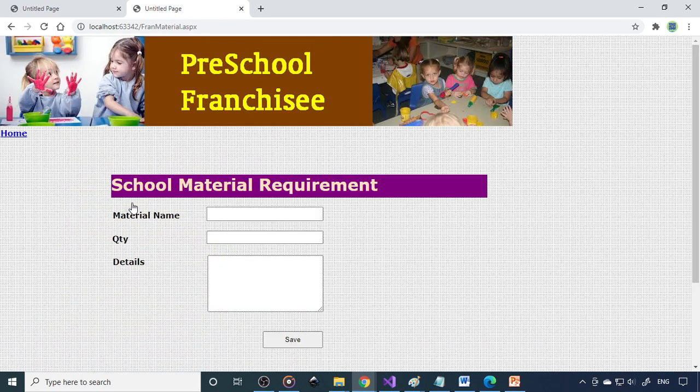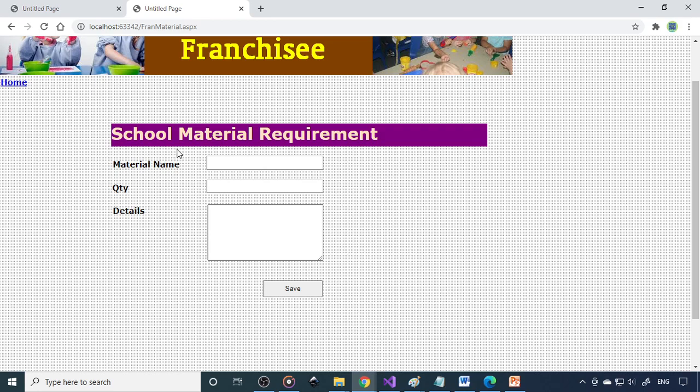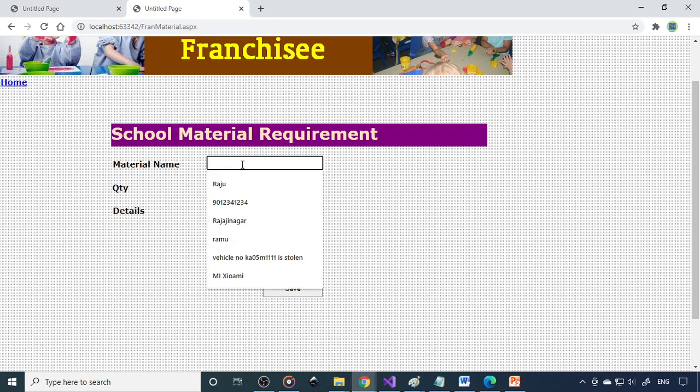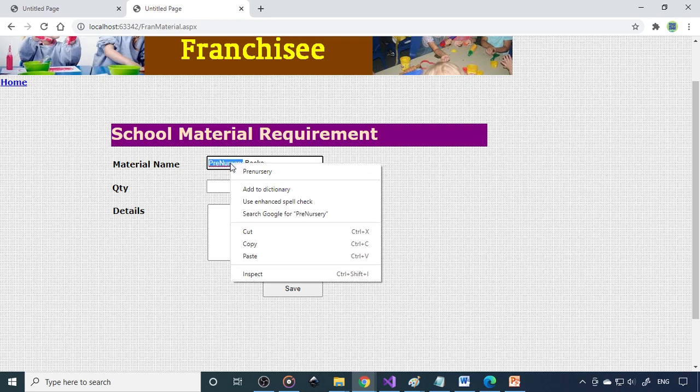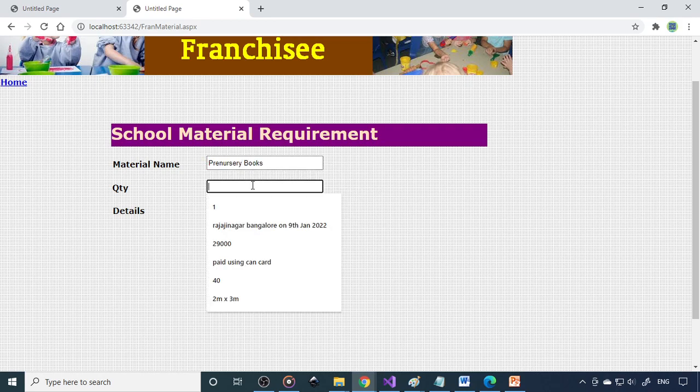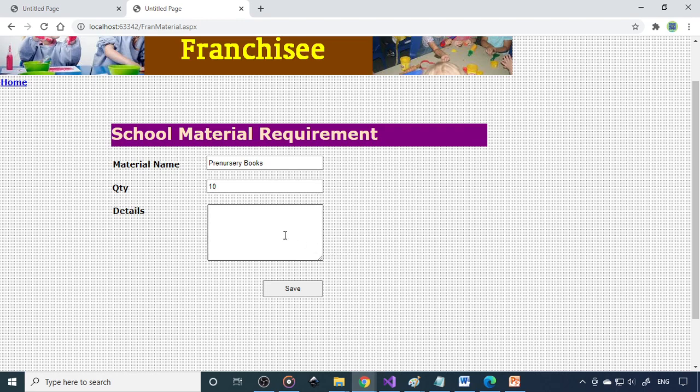Then request for a material. What materials are required, you need to send them a request. Pre-nursery books. Right. Quantity. We want to put together a ton of quantity, therefore you can give ton.